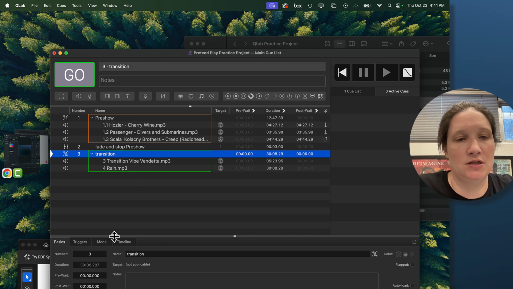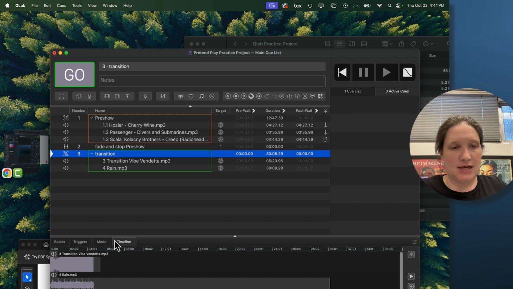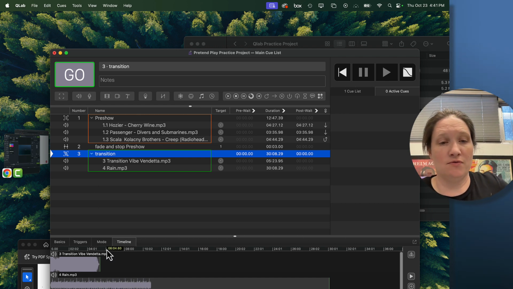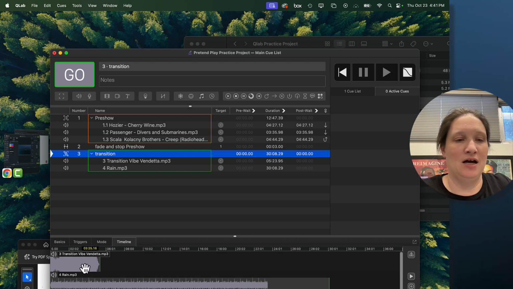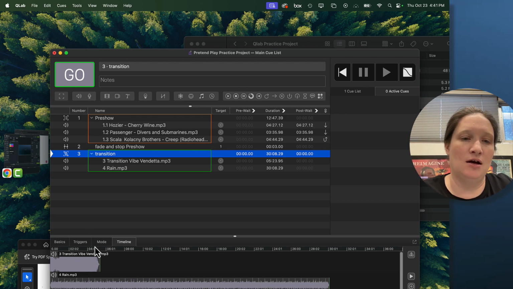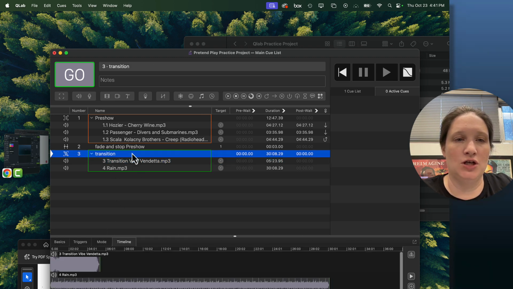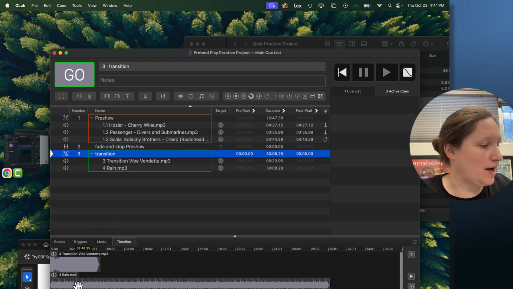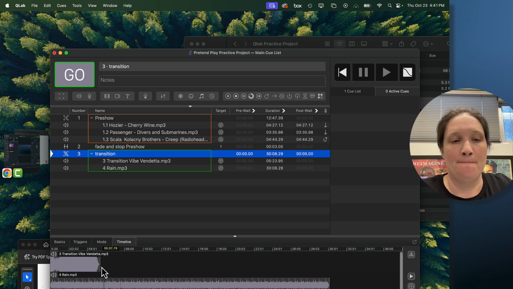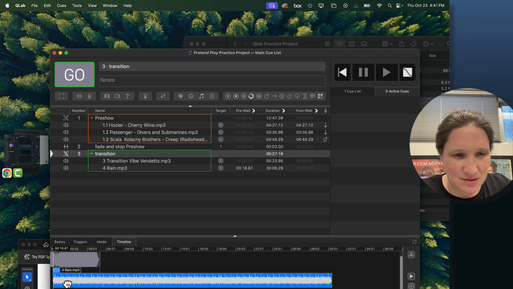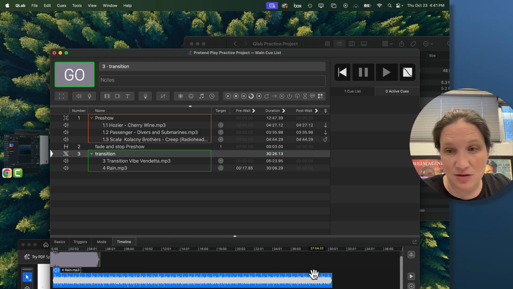And what we're going to do next is pull down into our timeline. So we got rain for days down here in the bottom, right? And then we have this little piece of transition music. So I'm going to come in and adjust it because one of the requests was that we have this transition music and then we have rain fading up, okay? So I'm going to just adjust my rain so that it happens a little bit into my